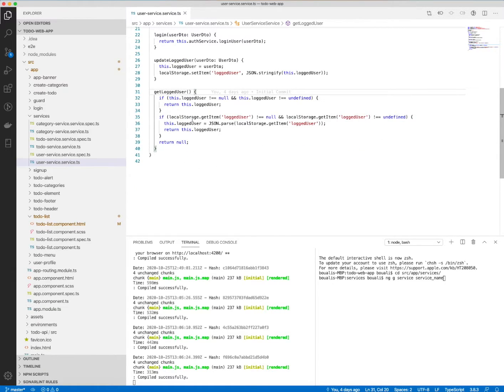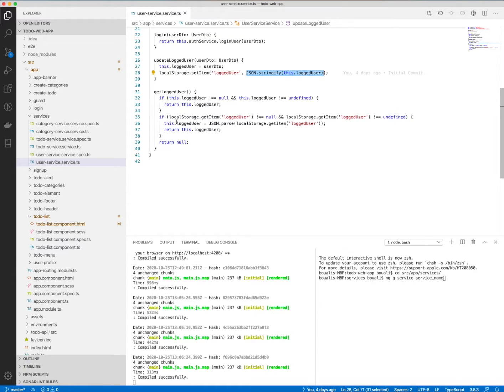Else we try to get the logged user from the local storage, and if the logged user exists, then we need to parse it, because it's stored as JSON, as we can see here, JSON.stringify. This method will transform an object to a JSON.